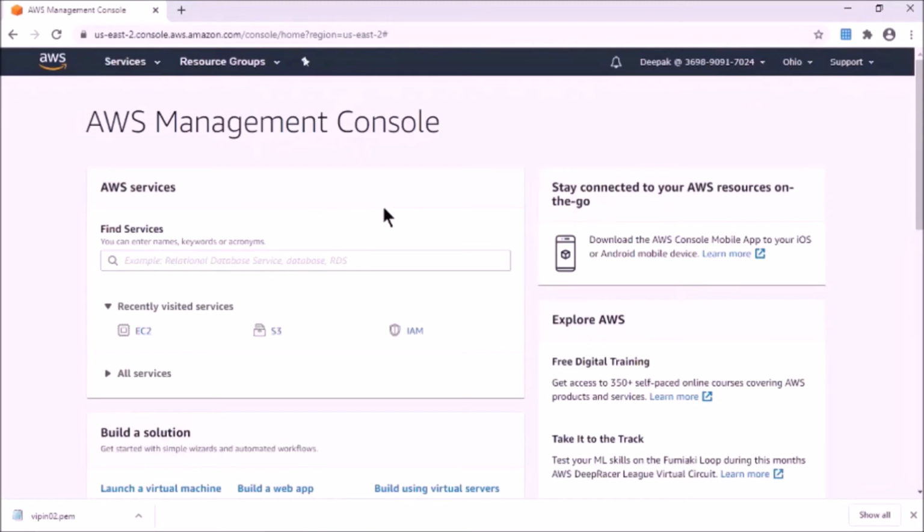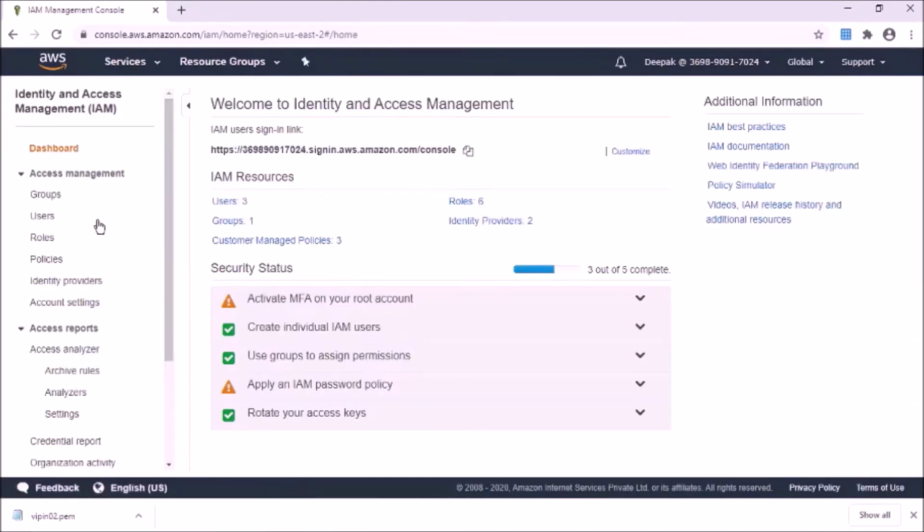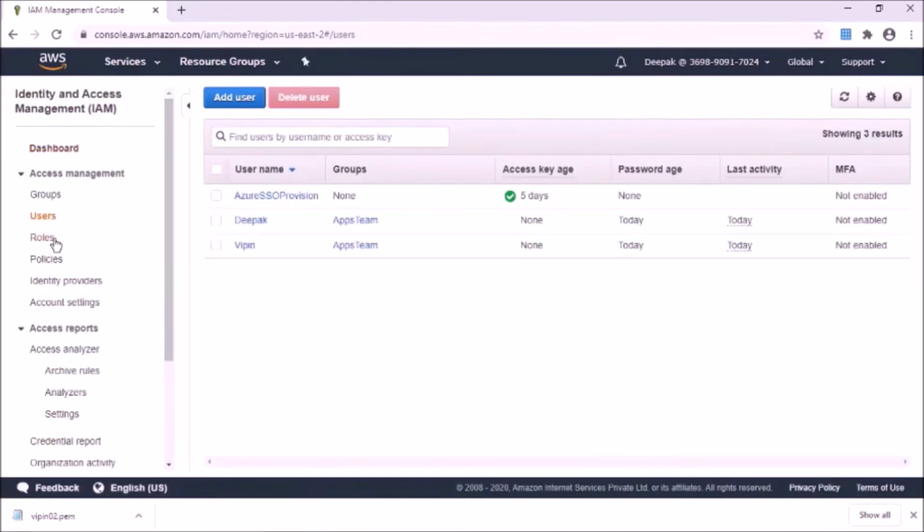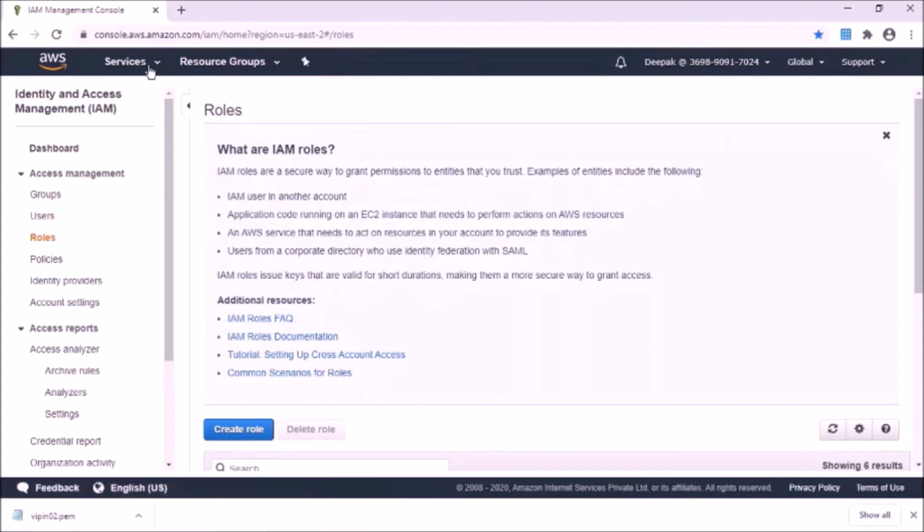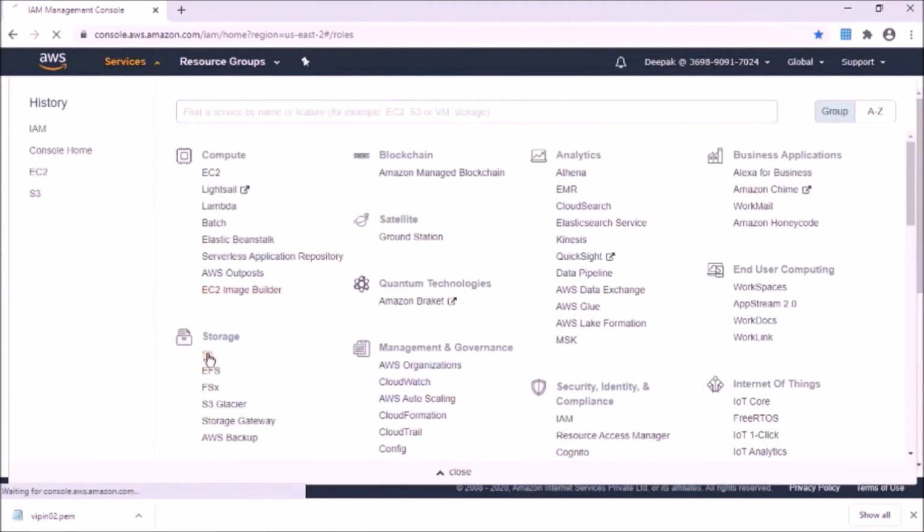Deepak has read-only access to the shared account, so he should be able to see the IAM roles, right? Users and roles, and he should be able to check the S3 buckets as well.